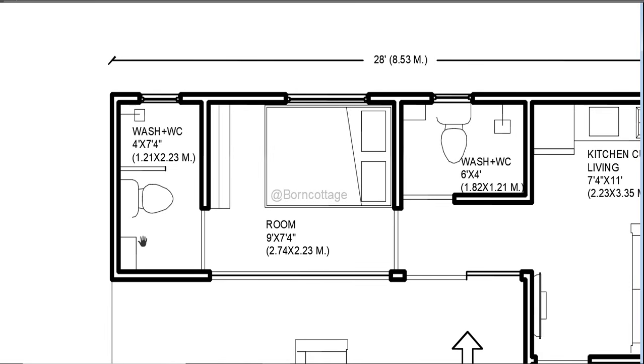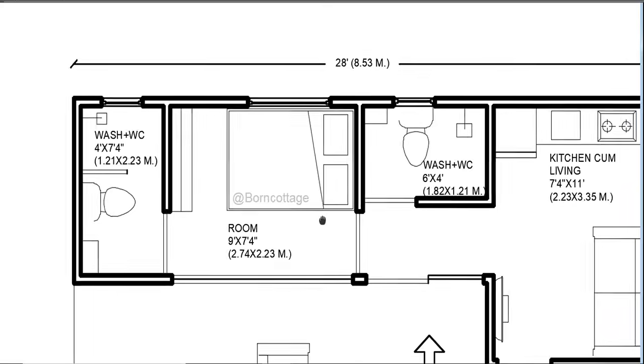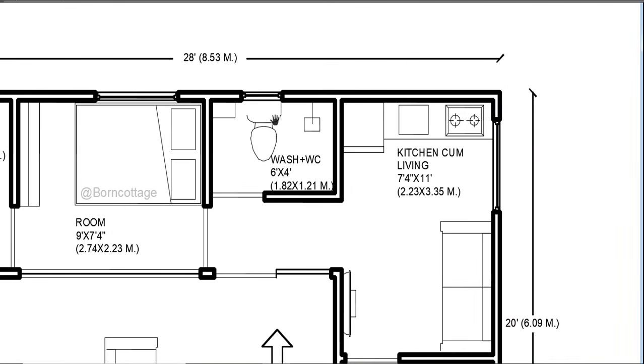You can see here the wash basin, water closet and the shower area, and we have a ventilator for ventilation of this washroom. After that we will go on the right side. So we have a common use washroom plus water closet here. You can see here the wash basin, water closet and the shower area, and we have a ventilator for ventilation